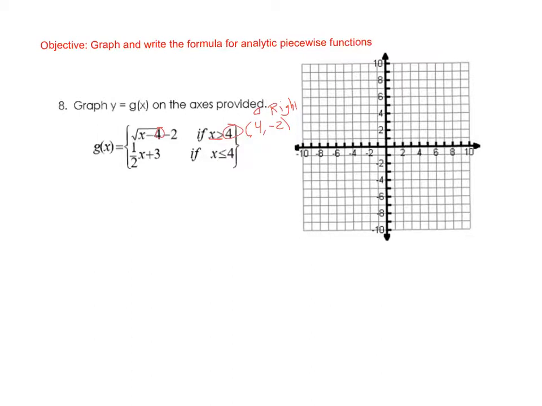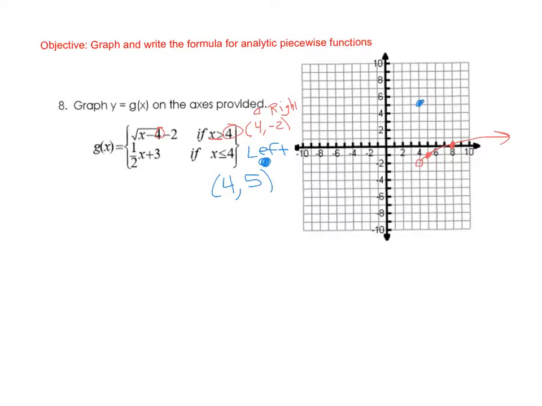This is a line on the bottom. So this is left, because it's less than, closed circle, 4, comma, if I plug in 4, I get 2 plus 3, which is 5. All right, so I got 4, -2, open circle. We're going to the right. That is the vertex point. So over 1, up 1, over 4, up 2. And there's that point. And then I have 4, 5,